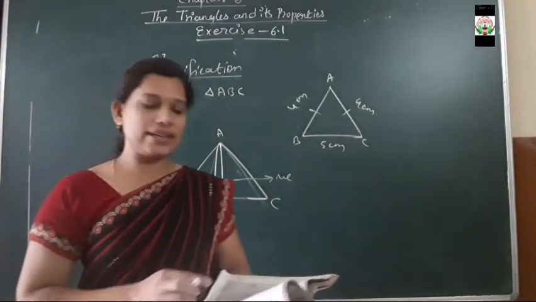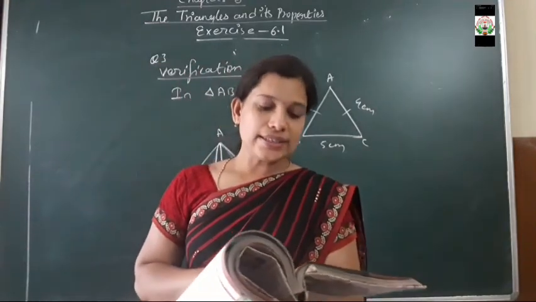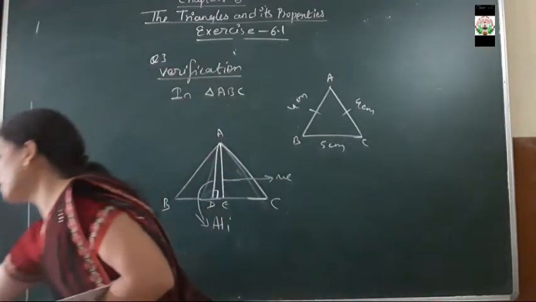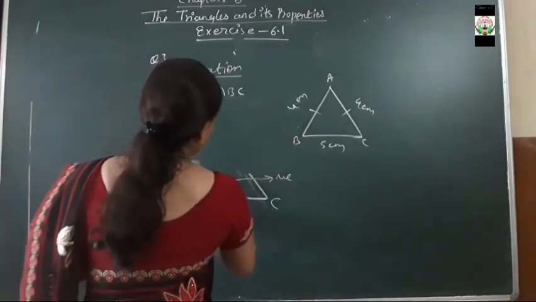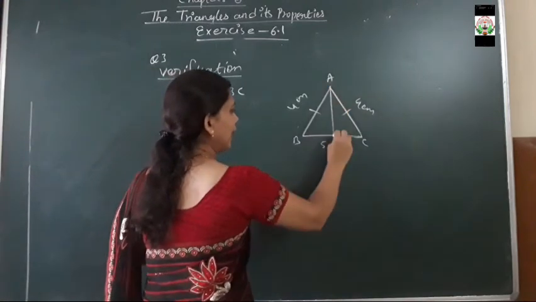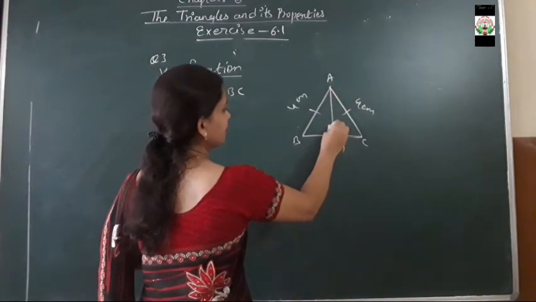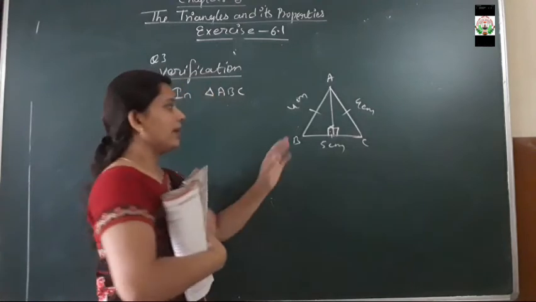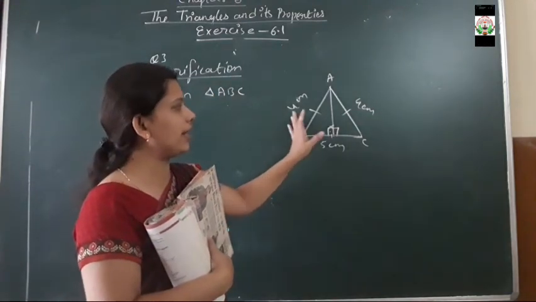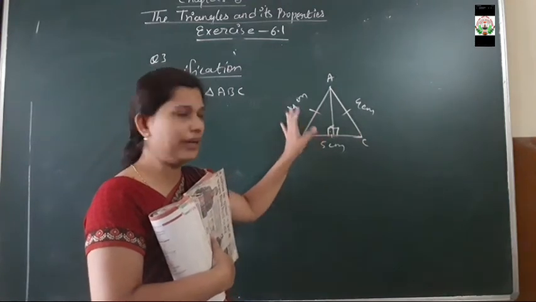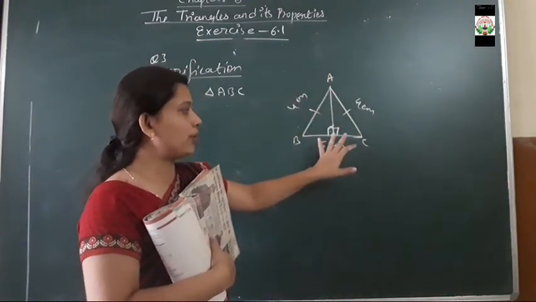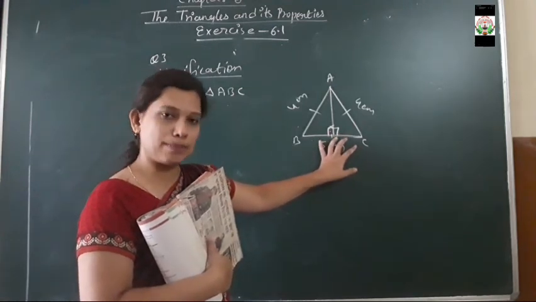In this question it is said whether it is the same or not. So of course it will be the same. Why will it be the same, students? Because in this question it is an isosceles triangle and any two sides are of equal measurement. When we join the vertex A to the midpoint of this line BC,